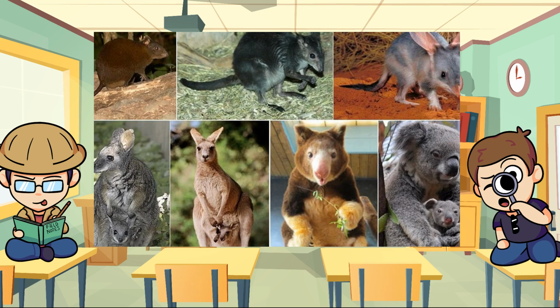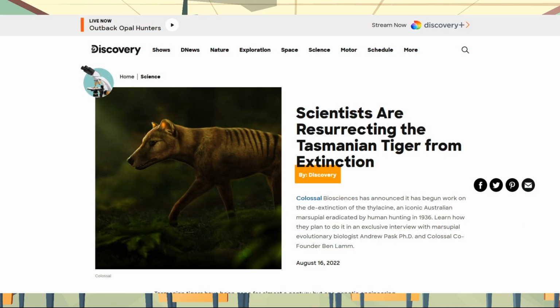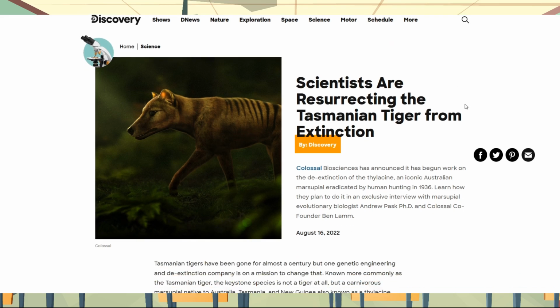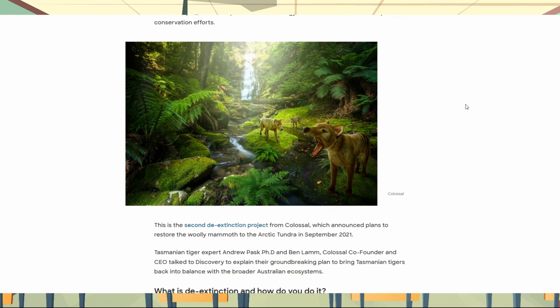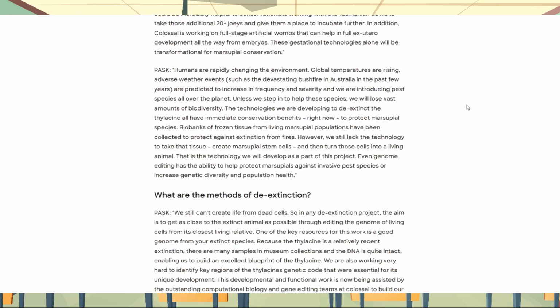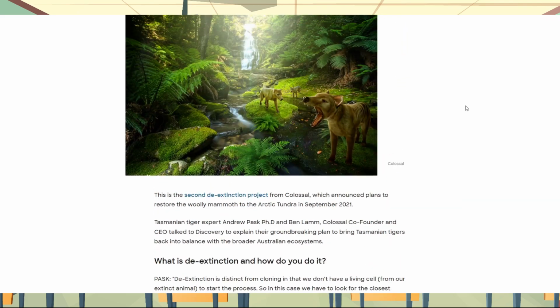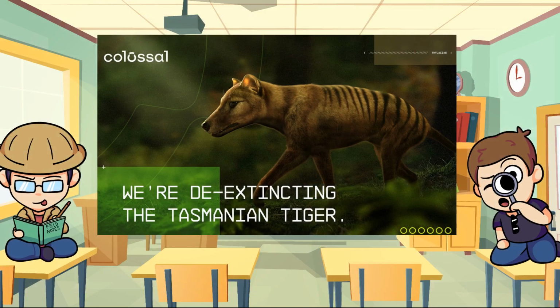So I see the aid in helping, but what I disagree with is that as I'm reading through the article, I read through the questions and the answers, and it almost seemed like the whole team behind this project had a very holier than thou type attitude towards it. Like, look at how good we are for bringing back what these other people messed up. And I think that's another misconception, because again, you can never get back to what you had. It's making a copy. It's not making the original. It's a reproduction.